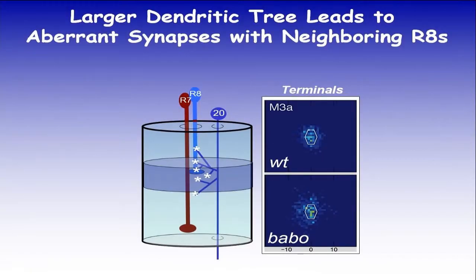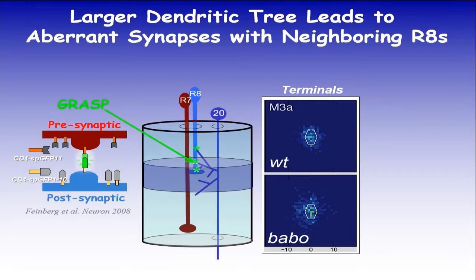Okay. So when you have a larger dendritic field, you actually have more synapse formation. To test that, we use a method that was originally developed by Corey Thomas' group. It's called GRASP. Many of you might have heard about it. The idea is fairly simple: to cut a GFP, green fluorescent protein, into two halves, and express one each in the presumptive partners, one in the presynaptic partner, the other in the postsynaptic partner. In this case, one in RA, the other in TM20 neurons. And then when these two cells contact one another, the GFP will be reconstituted and you get back the fluorescence. So you know that these two cells contact.